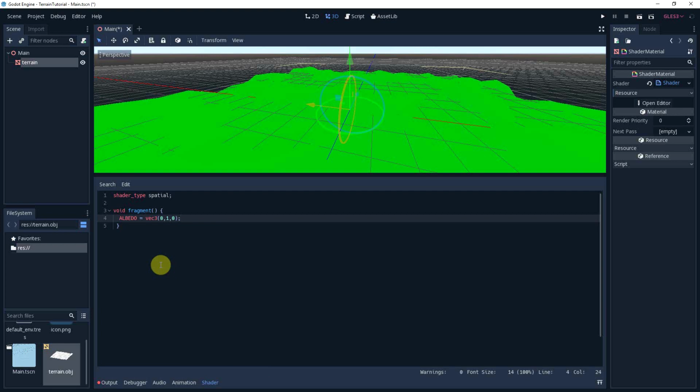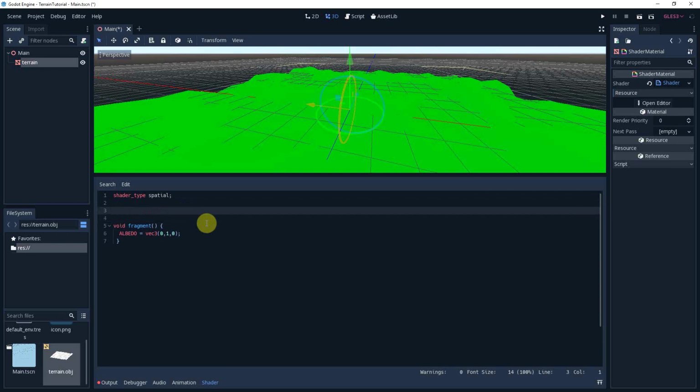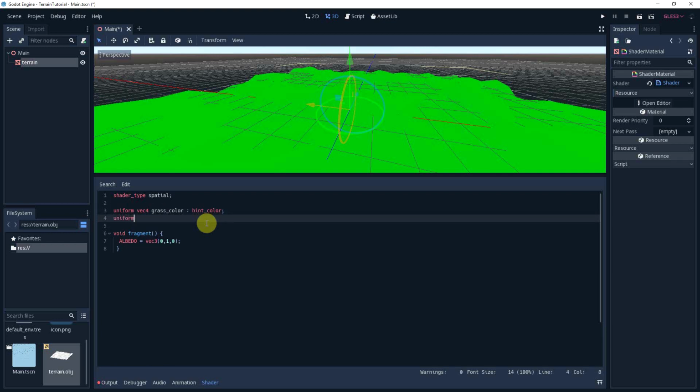And this is the simplest shader we can have for our terrain, but we don't want that. We will be making variations in colors depending on the slope of the terrain, and for that I first declare two variables with uniform, and this should be a color, which is a vector 4, and the first is the grass color, and I will use the hint color, and the next one is dirt color,